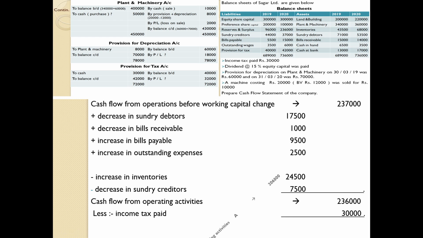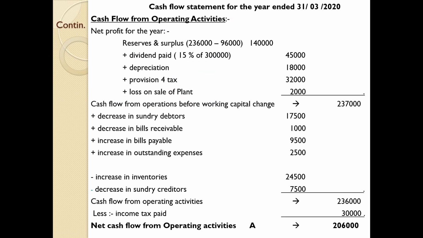So after adjusting that, you will get cash flow from operating activity 2,06,000. We have completed only 1/3 of the preparation of the cash flow statement, and you can use capital A or Roman number 1, anything at your discretion and convenience. So once you have prepared net cash flow from operating activity, next you need to prepare cash flow from